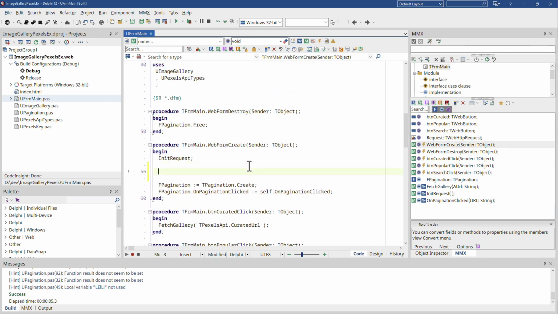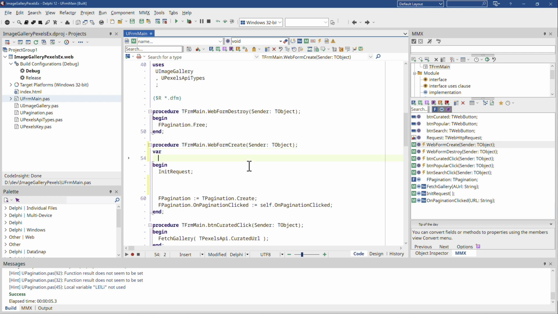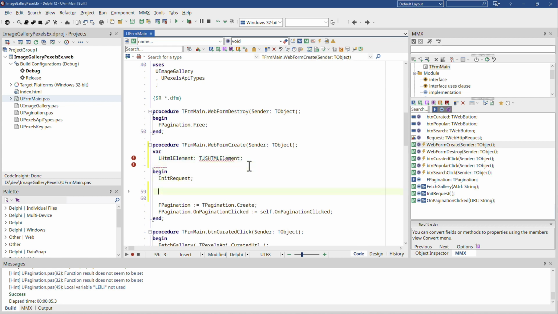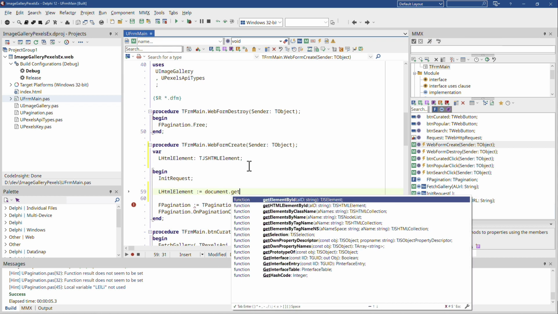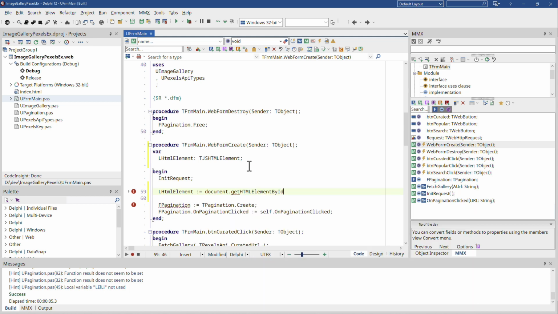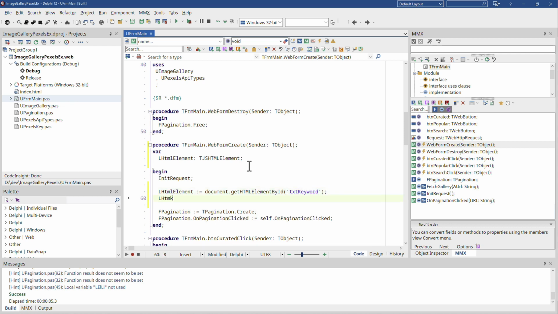I could go ahead and say HTML element, TJS HTML element. And I'm not going to fully implement this because it's not going to look beautiful or reasonable anymore. And then I'm going to say document get HTML element by ID and txt keyword. And at this point, element,